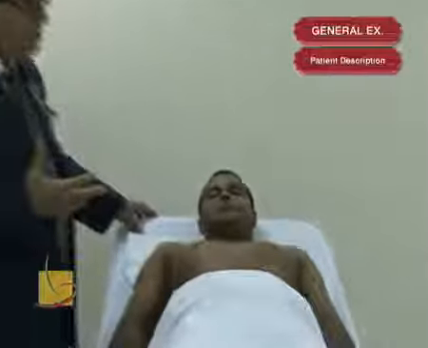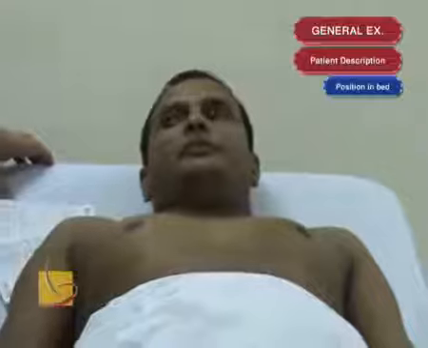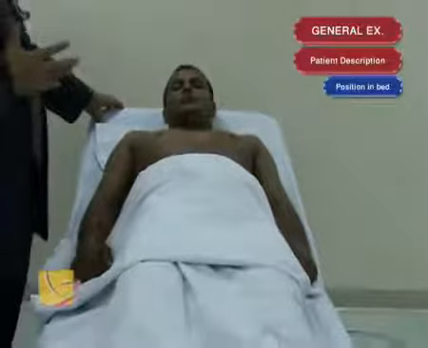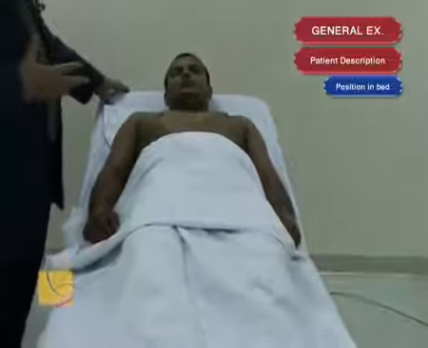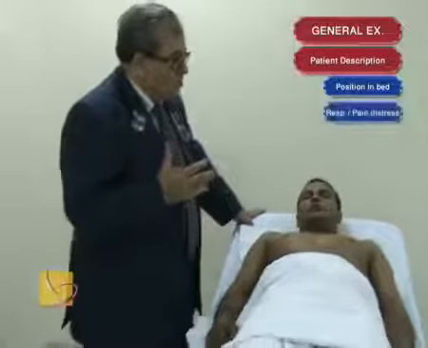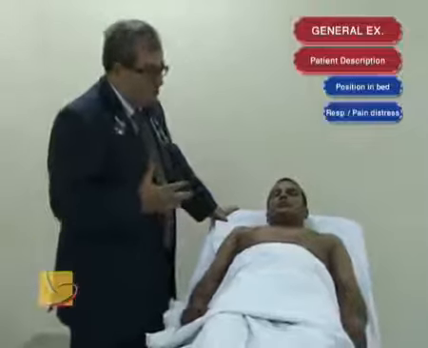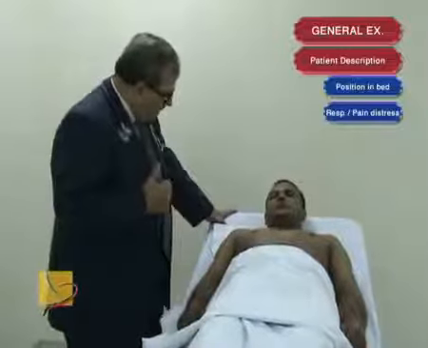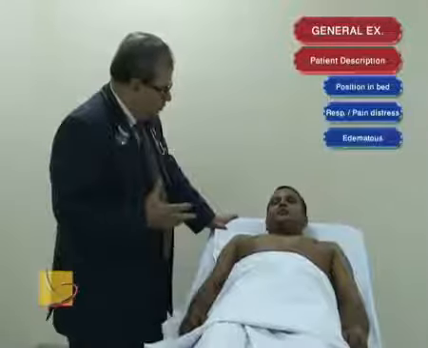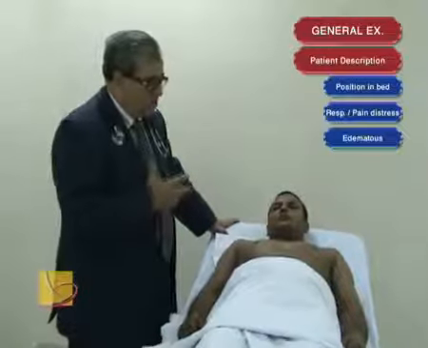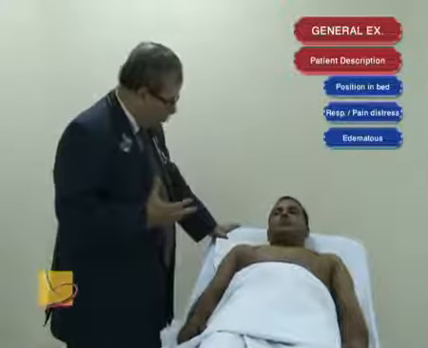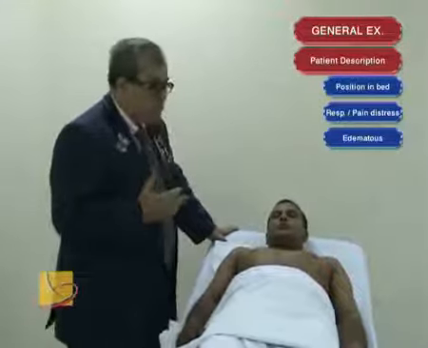And by general look, I mean the position of the patient in bed, if he is sitting because of dyspnea or respiratory distress, if he is moving in bed or rolling in bed because of pain. Then we comment on the patient's respiratory condition, if he is in respiratory distress or not, if he is dyspneic or not. And if the patient looks to me by naked eye that he is edematous or not, whether he has facial swelling, generalized edema in the body or not,